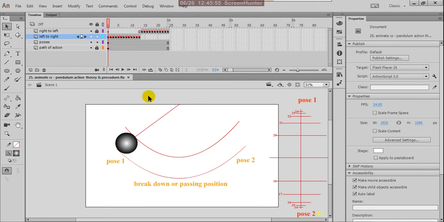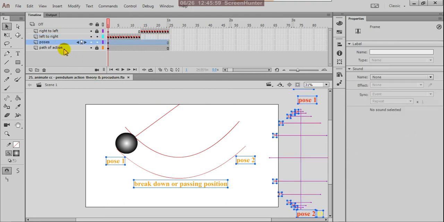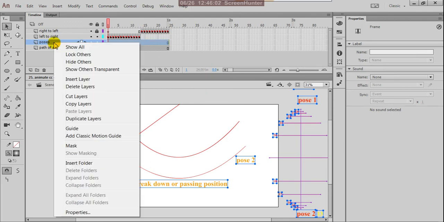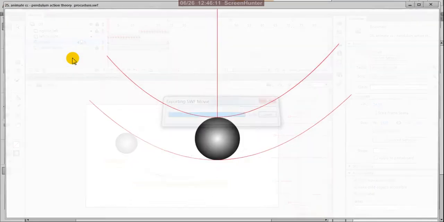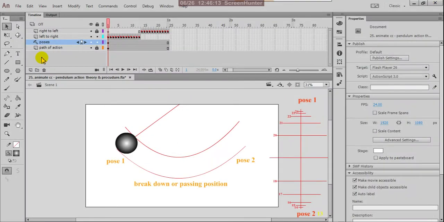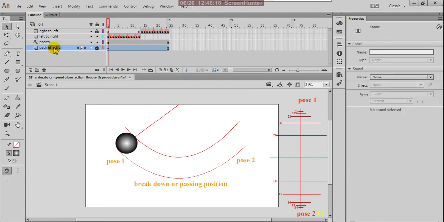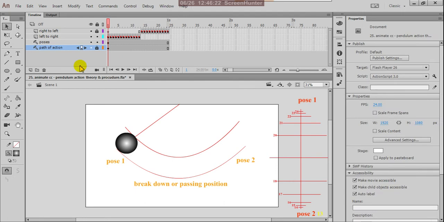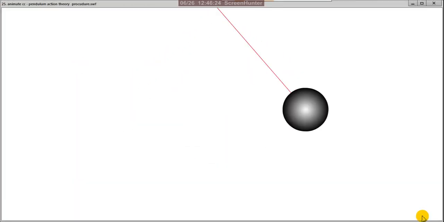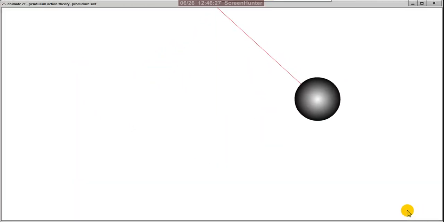If you don't want to see that, click on the path layer, right click on that and make it a guide. So it is not coming in the final animation. Now you can check, Control Enter. Yes, do the same for this layer also, right click and guide, then Control Enter again. Yes, this is swinging nicely.